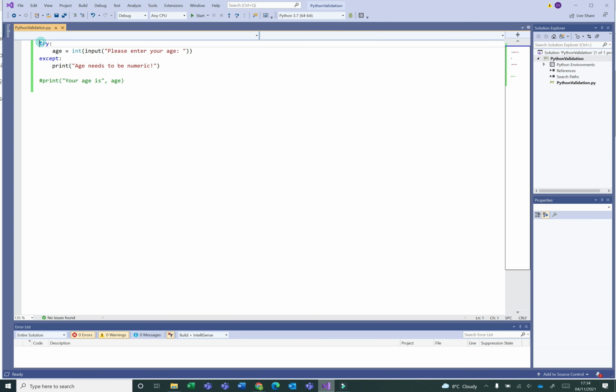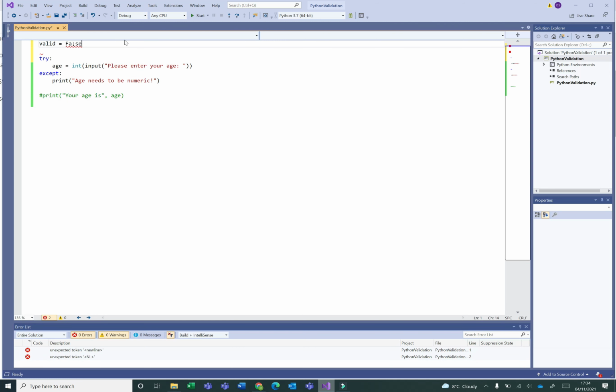And I can then, if I want to get a valid age, create my Boolean variable there to use for my validation and have a while valid equals false.